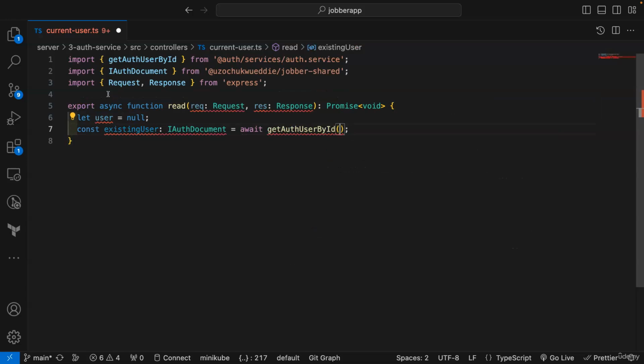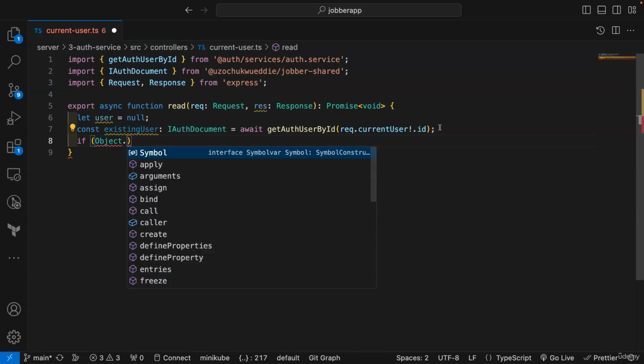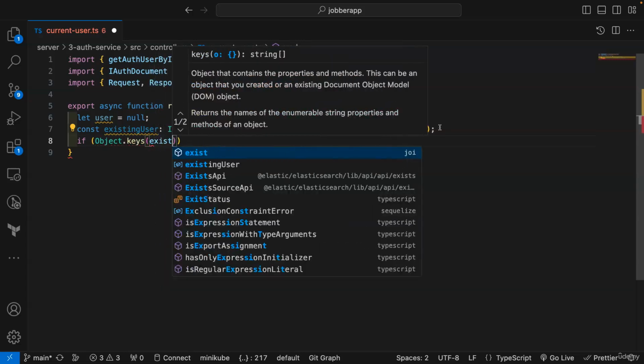And remember, for an authenticated user, we still have access to currentUser.id. Okay, currentUser.id. And then what I want to do is I will just check Object.keys of existingUser